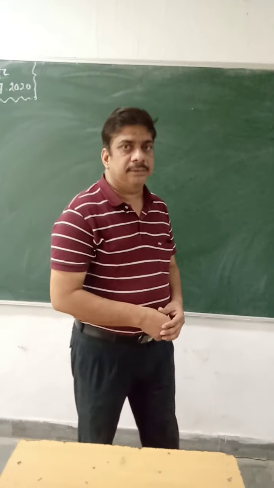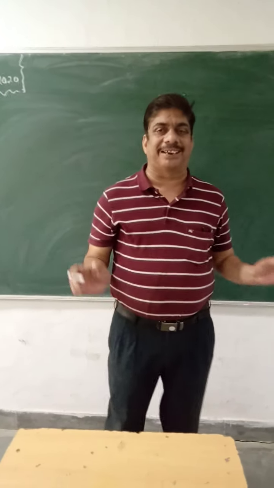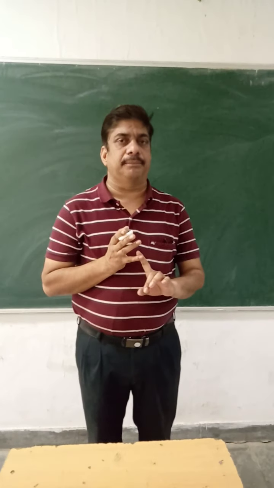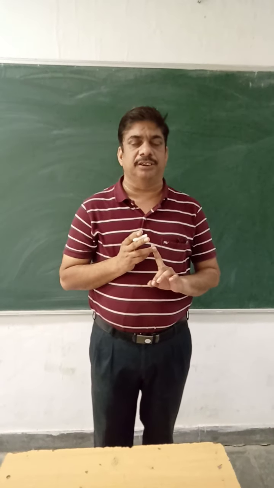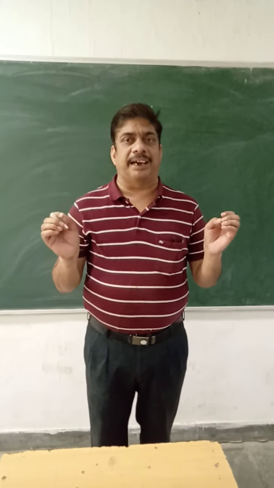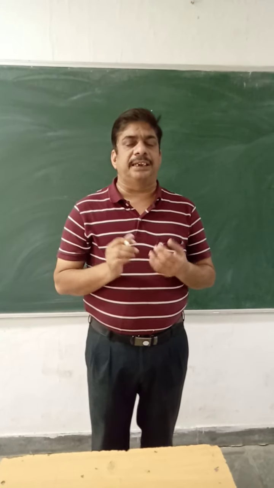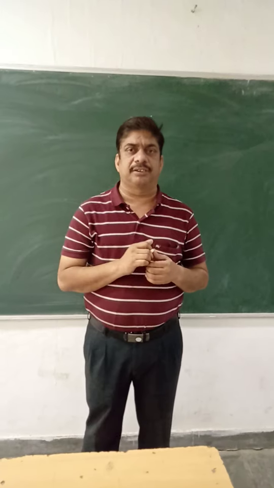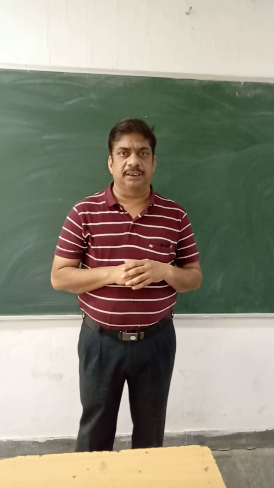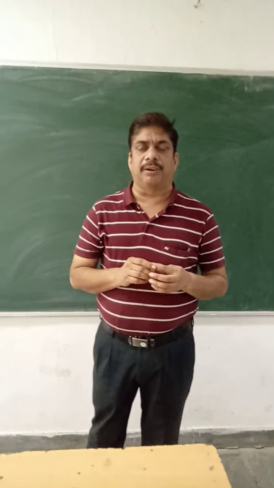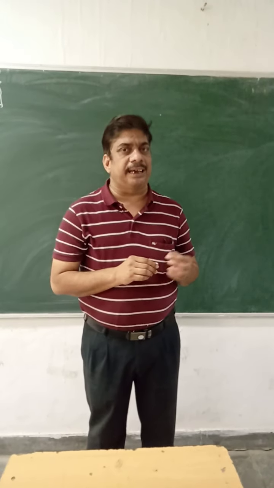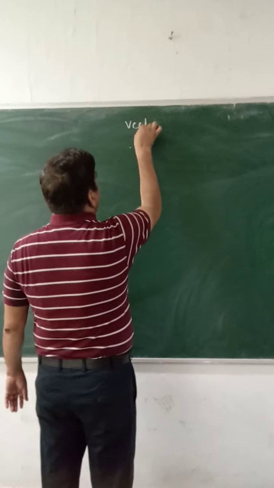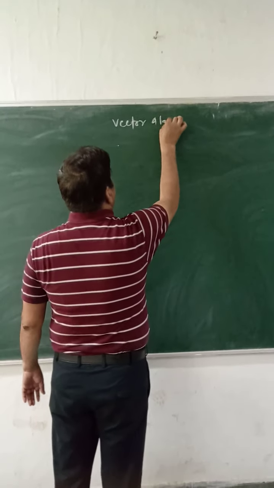Now, in the last class, we discussed vectors. A physical quantity which can be specified by magnitude as well as direction is known as a vector quantity. Then, how to add, subtract and multiply vectors? For that we can take the help of the branch of mathematics called vector algebra.